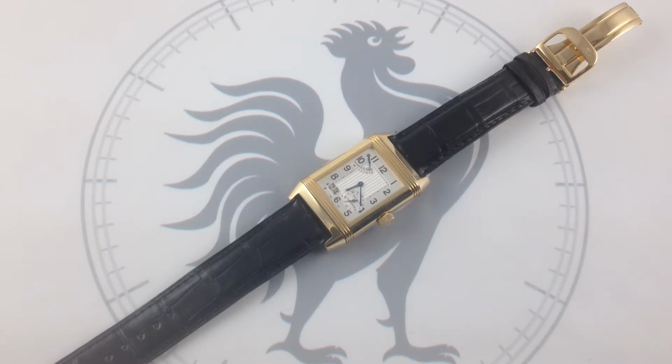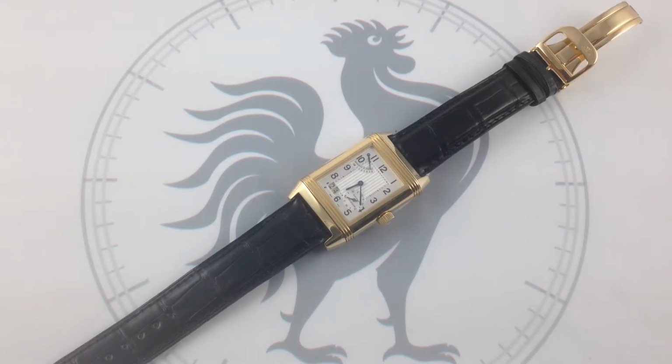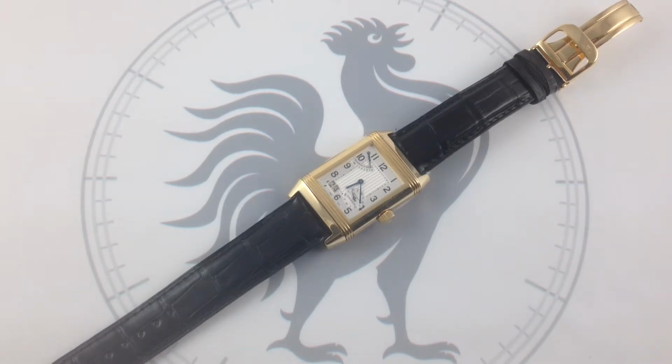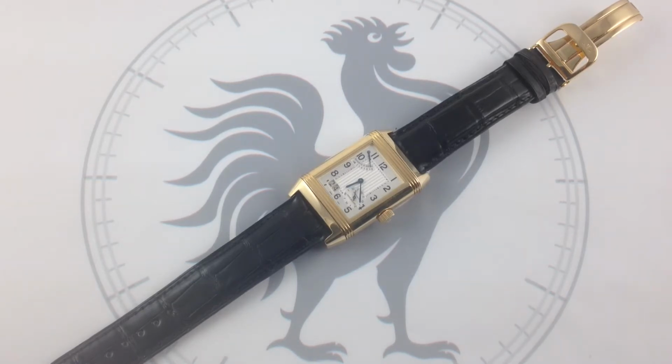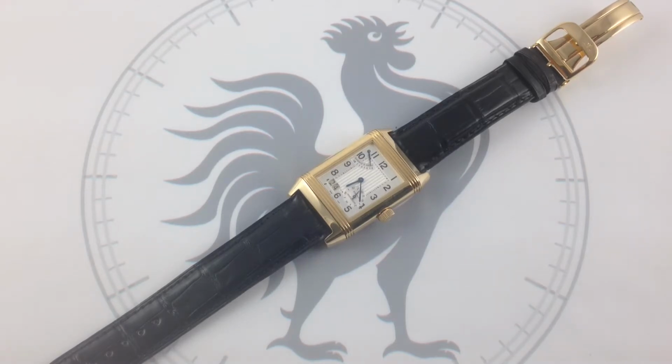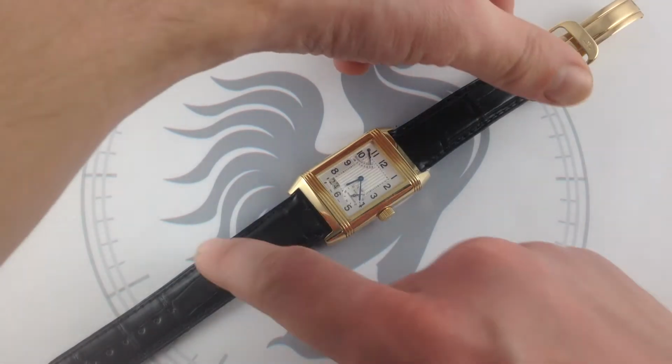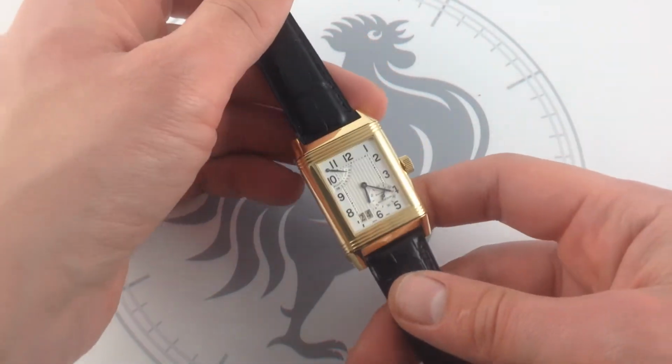The first and foremost thing you need to know about the Reverso is just as Rolex has the Submariner, just as Breitling has the Navitimer, just as Patek Philippe has the Calatrava and Audemars Piguet has the Royal Oak, the Reverso is the icon of the Jaeger-LeCoultre manufacturer. It is the face of the brand. But they come in so many varieties that there really is no definitive Reverso. In fact, I would argue that the icon for any given JLC enthusiast is the Reverso model that speaks to him individually. So what the Grande Date brings to the table is that it was part of the first generation